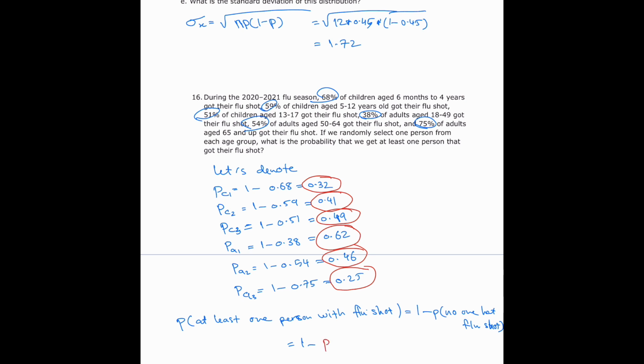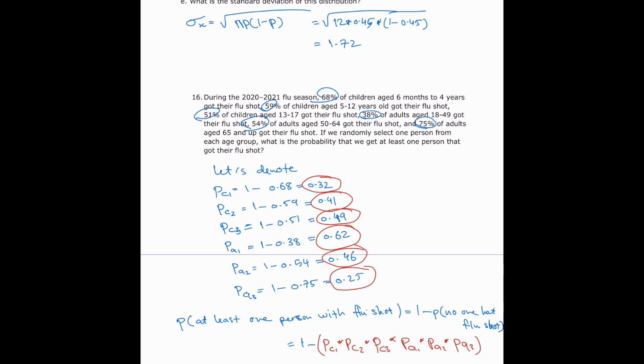In other words, it is 1 minus PC1 times PC2 times PC3 times PA1 times PA2 times PA3,